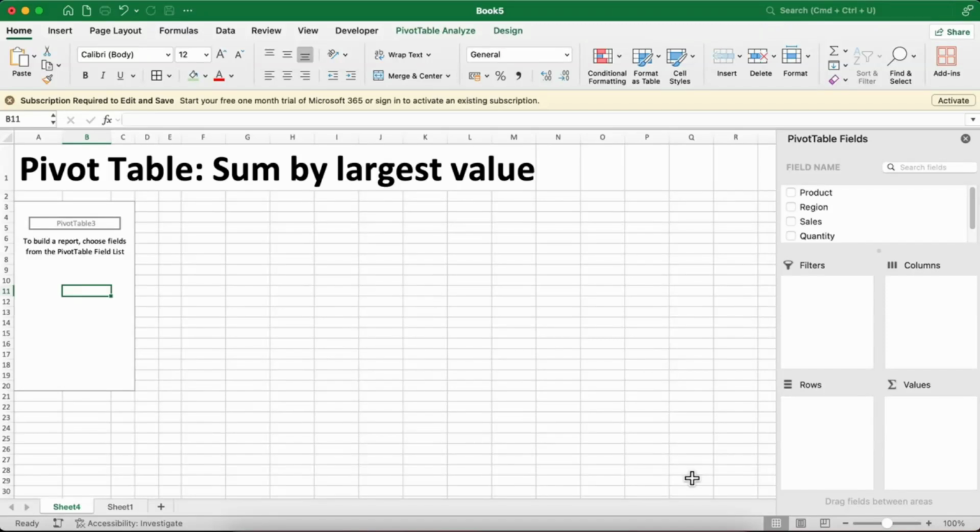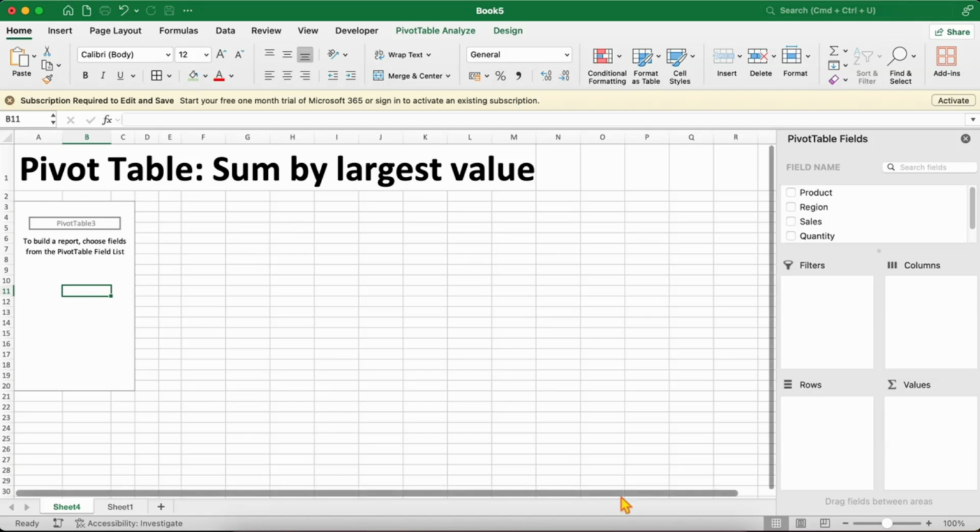When working with Excel 365, it's common to deal with large volumes of data. One useful technique is summarizing data to highlight the highest values, which can be important for performance comparisons, business analysis, or reward decisions. In this video, we'll focus on how to use a pivot table to identify the maximum value